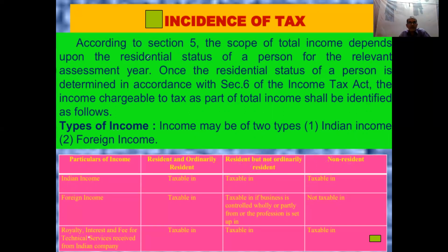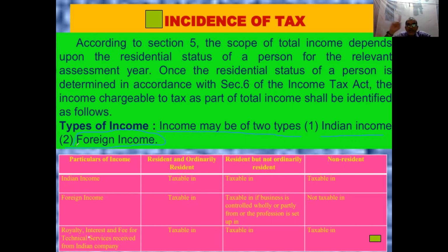Now, according to Section 5 of the Indian Income Tax Act, this is the applicability or chargeability to tax of a person's income. Now we will examine the applicability. For this purpose, incomes are classified into two types: one is Indian income, the second is foreign income. What is Indian income? Any income that is earned in India is Indian income. A person worked here in a school, in a college, in an office, in a factory, and earned here, that is an Indian income.